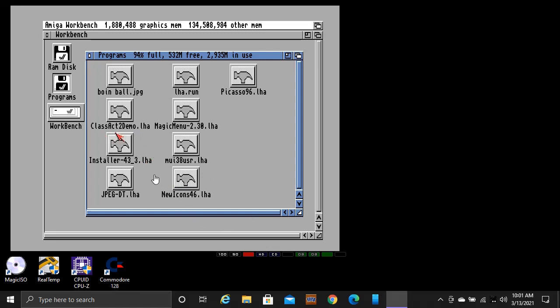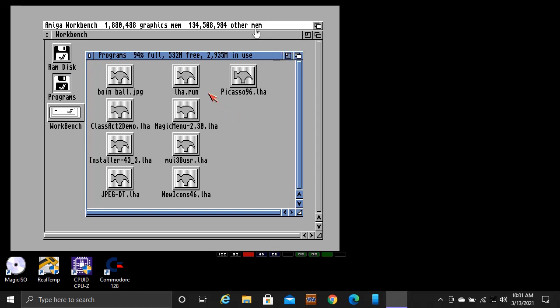All right, Class Act 2 demo.lha, installer 4-43_3.lha, JPEG.-DT.lha, new icons 46.lha, and so on and so on. MUI 38 user and Magic Menu and Picasso. All right, but the first program we want to run in all this, and before we can run anything else,